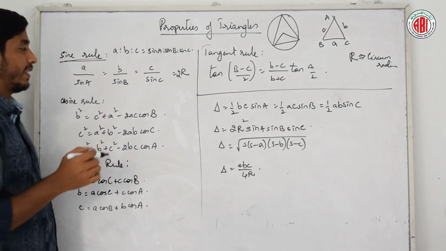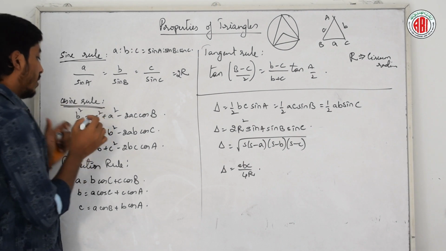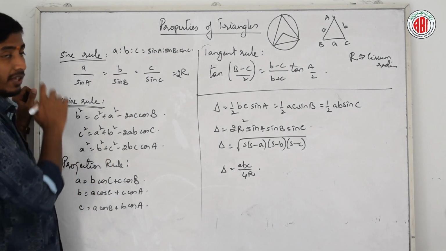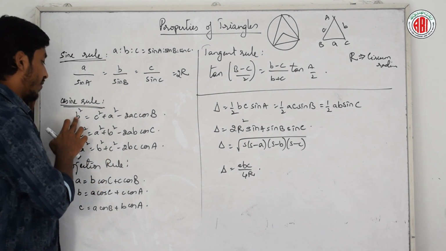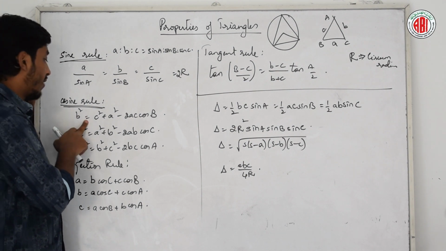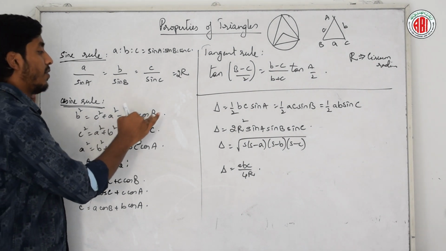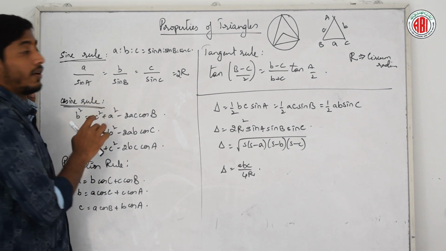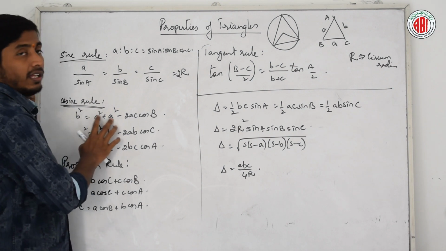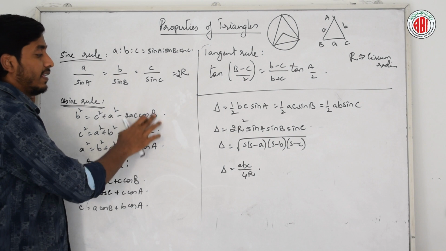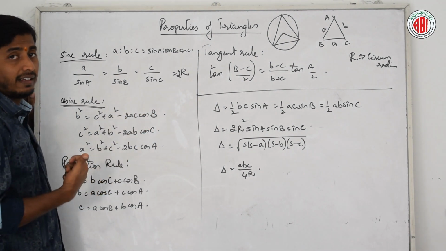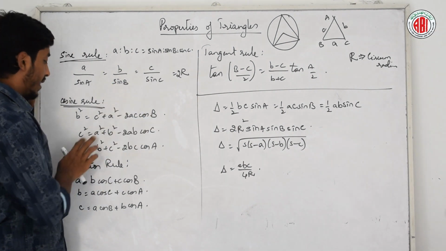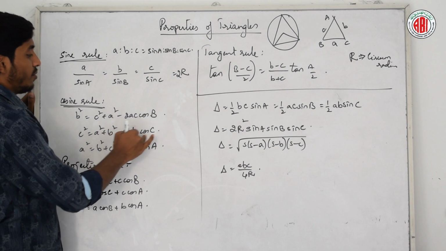Is it clear? And the next, cosine rule. This you would have discussed in physics, which is similar to your parallelogram theory, where one of the sides squared, for example, b square, will be equal to c square plus a square minus 2ac cos B, right? The c and a are always sides. Sides will always be in the smaller font and the angles will always be in capitals. Clear? That is, b square is equal to c square plus a square minus 2ac cos B. Similarly, c square is equal to a square plus b square minus 2ab cos C.